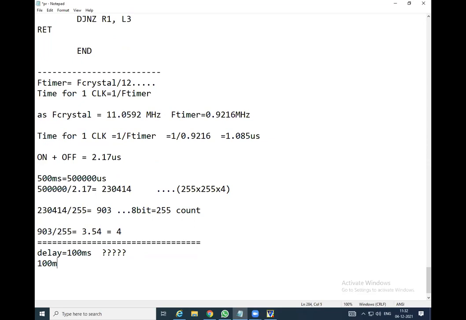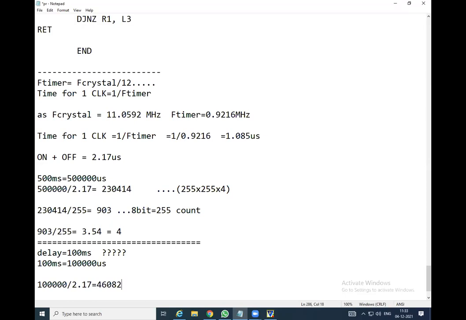100 millisecond, you can convert it into microsecond first, that is just add 3 zeros and that becomes 1 lakh microsecond. So for 1 lakh microsecond, you can divide by 2.17, and approximately it comes, I think, 46082.